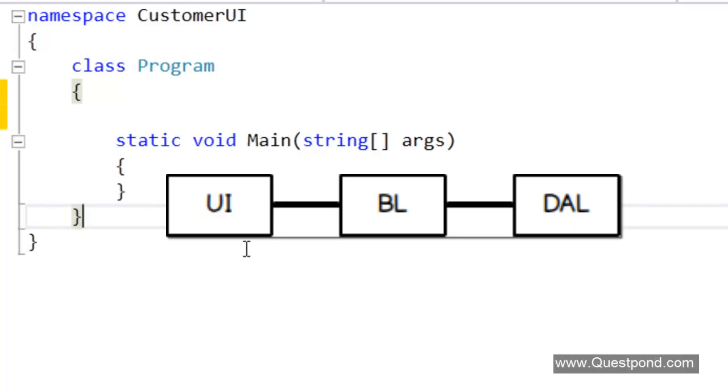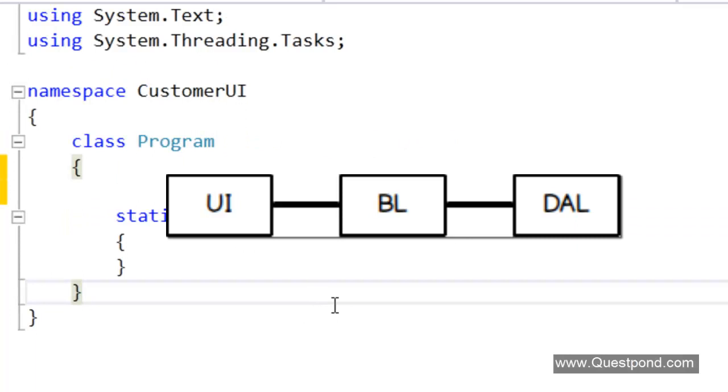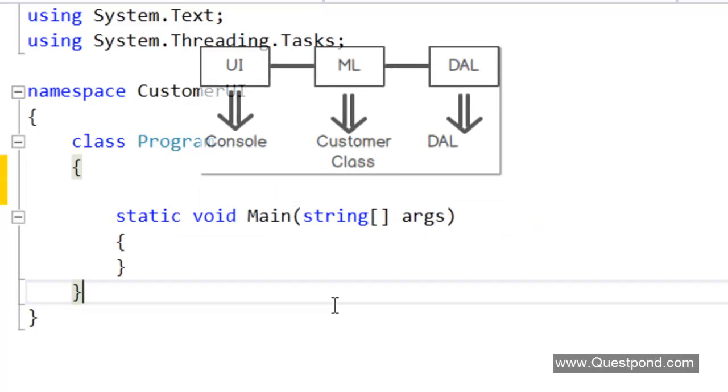In order to keep this sample code simple, you can see that I have created a very simple console application here. So our console application will be the UI. Then I will create a very simple middle layer and a simple data access layer. I have not used a WinForm, WPF, or ASP.NET Web Form application, because we would unnecessarily get into button click events and page load events, and we would lose our focus of learning dependency injection. So to keep the focus, I have just created my user interface with a very simple console application.